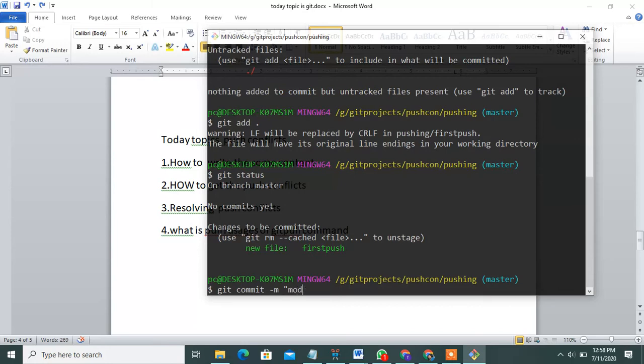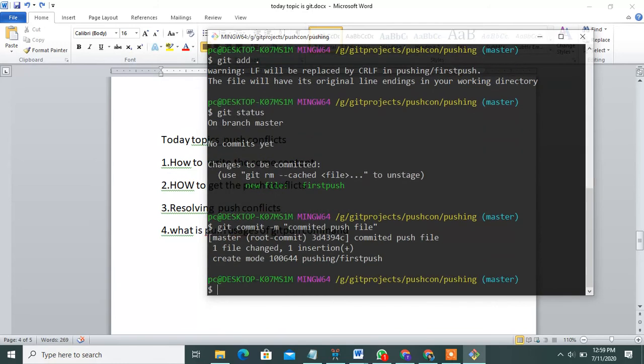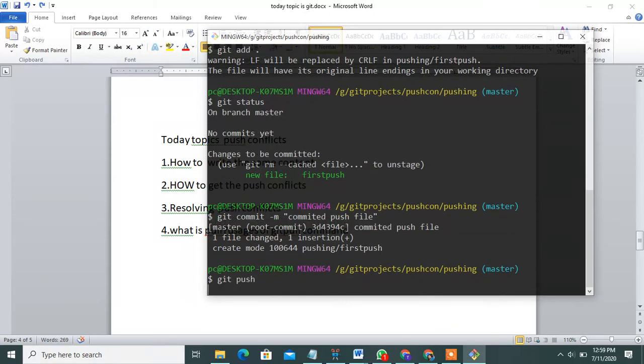Modify, committed. Use this command, remember guys, git push origin master.